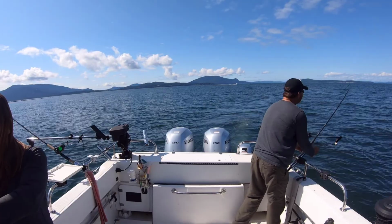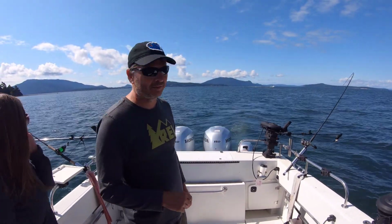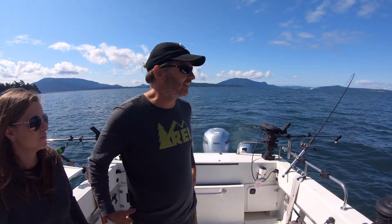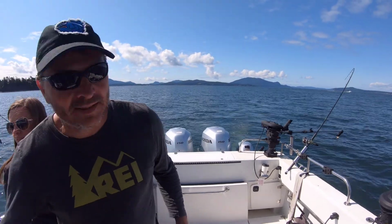adjust the drag. And you want a nice arch on the rod because that's going to help set the hook. If a fish takes it and pops it out of the clip, the release of the rod will actually help set the hook a little bit on a salmon. So you get them in, and now you want to just take a